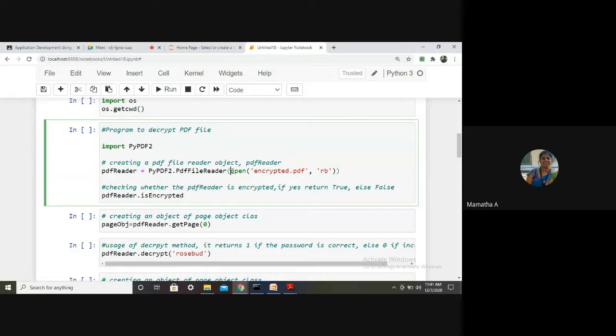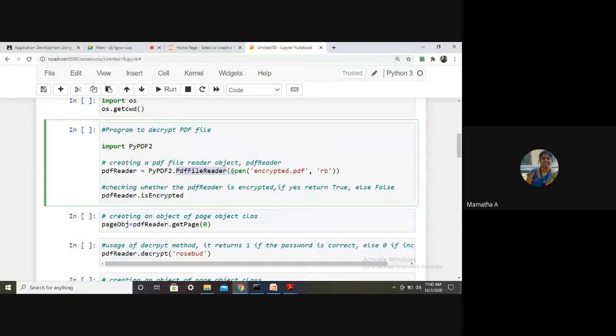You can see it. Open the file. The file name is encrypted.pdf. In which mode should I open? What is this rb, students? Read binary. Read in binary mode. Whatever the opened file is, that is your file object; using that, create the PdfFileReader object.